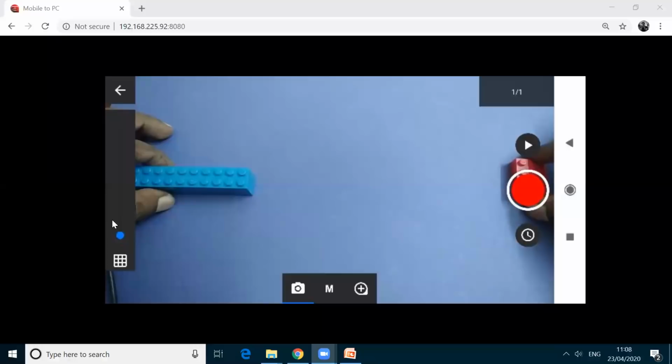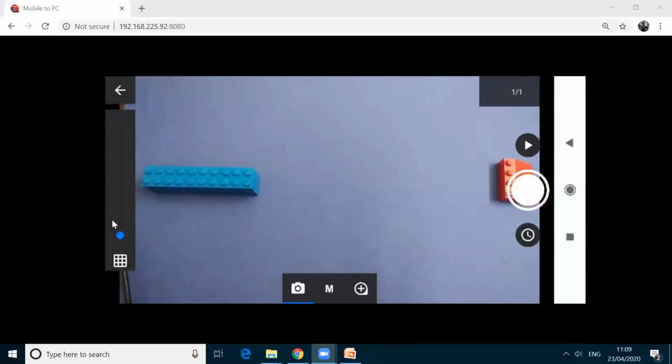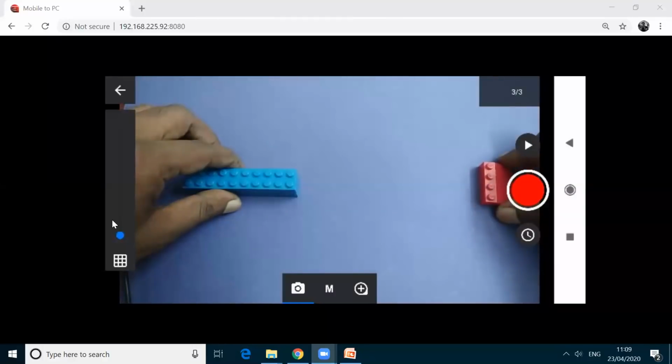Yes, that I will explain. I'm just giving an example. So I'm taking two photos. I'm moving slowly.